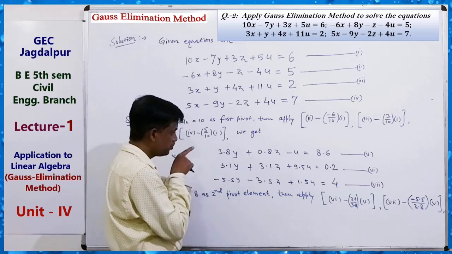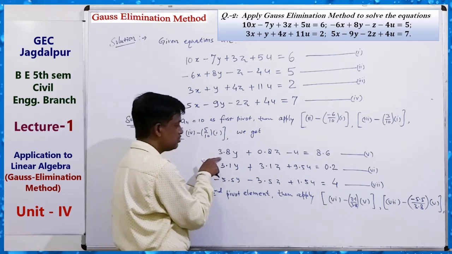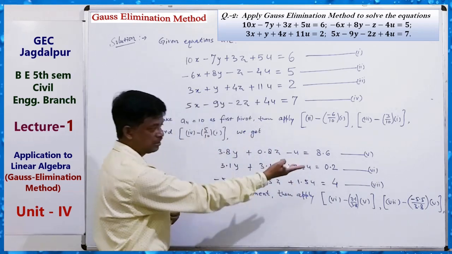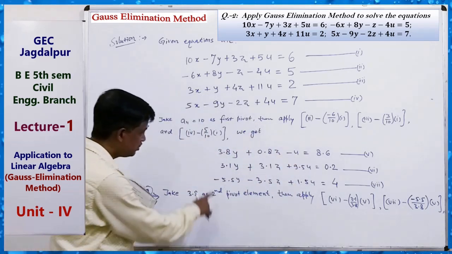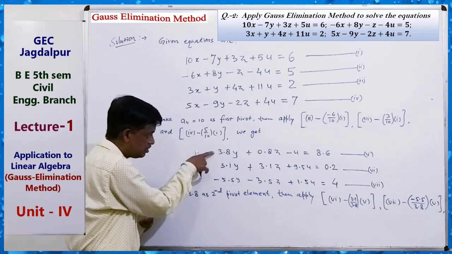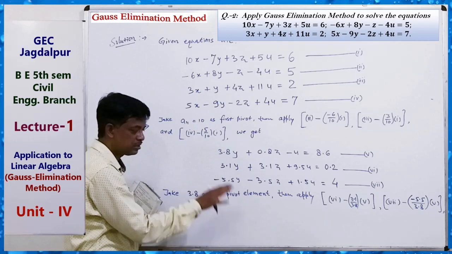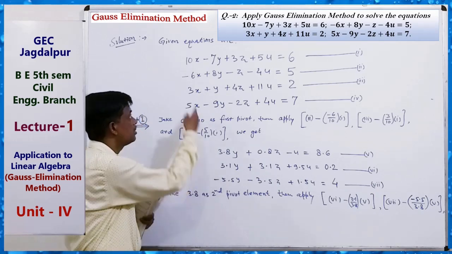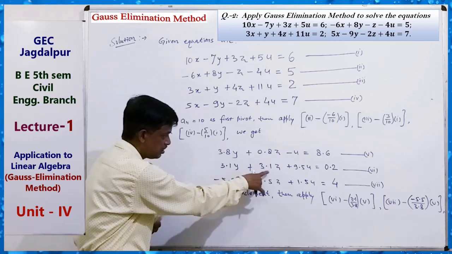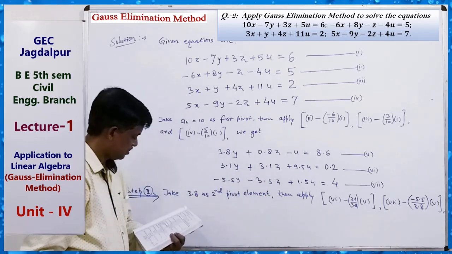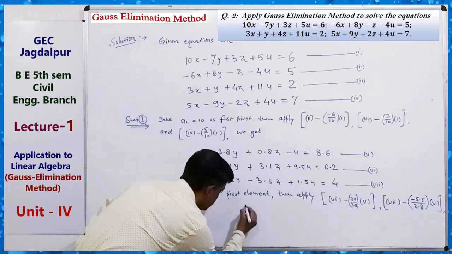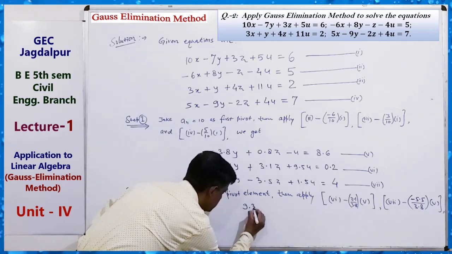Multiply this to here, also here, also here, also here, and subtract from this. That means these two will be 0. So you can get the converted equation. There will be no changes, so we will not repeat it here. Only this will change, here the Z value. So after the second step, 9.3 Z.